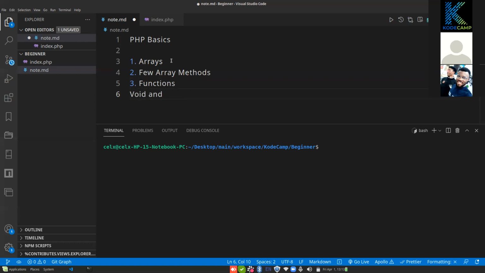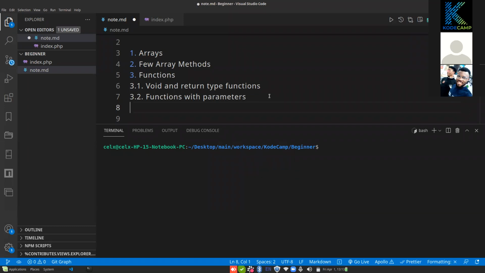Void and return type functions. This should be 3.1. So now the next one is 3.2. So we talk about functions with parameters. Function with parameters, and then we will now go into